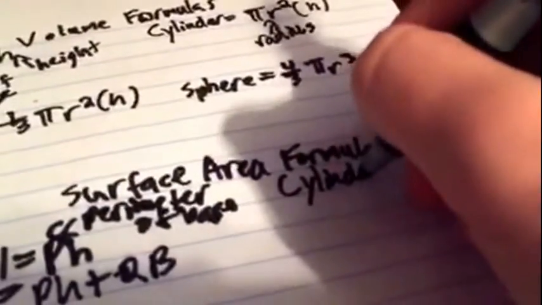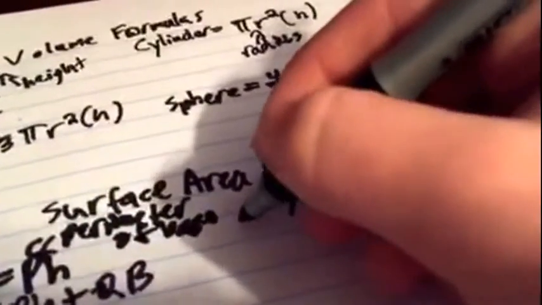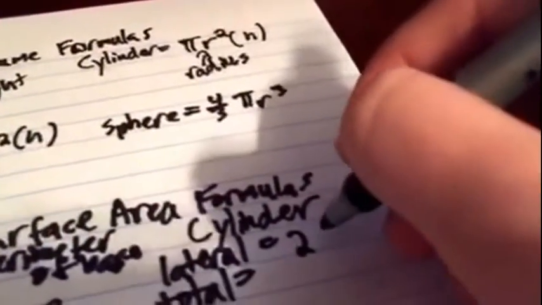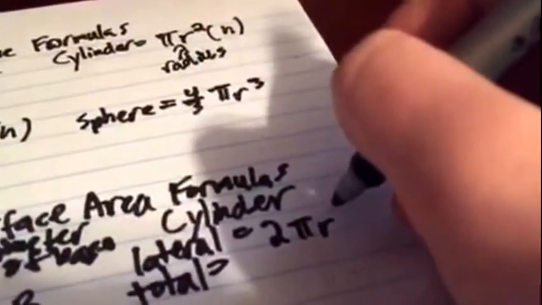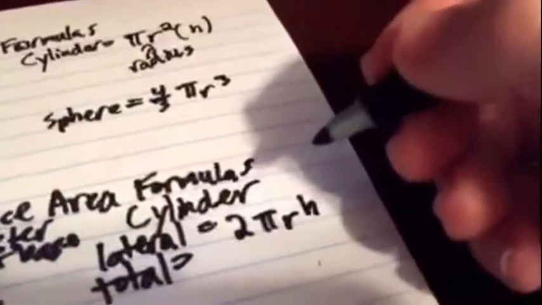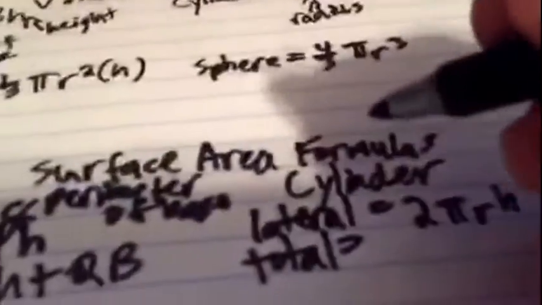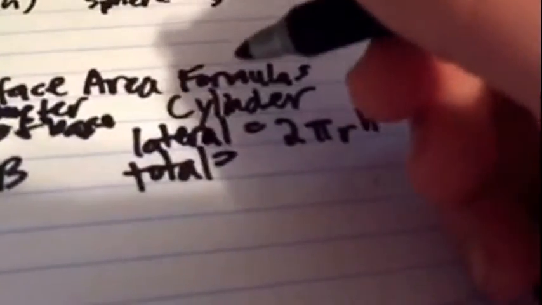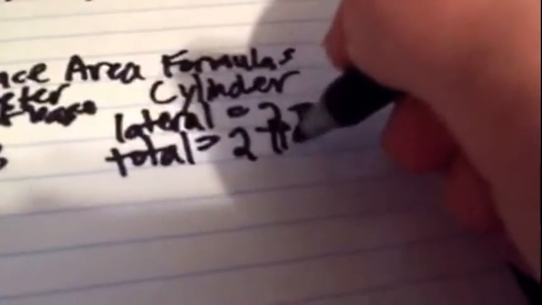Next is the cylinder. Okay, so the cylinder, let's put here lateral, total. Now, the lateral for cylinder is 2 pi r h. Stands for 2 times the pi times the radius times the height. That's your lateral. For total, it is 2 pi rh